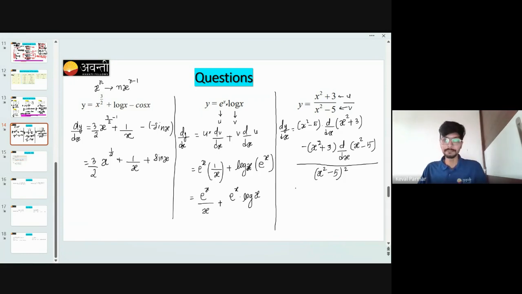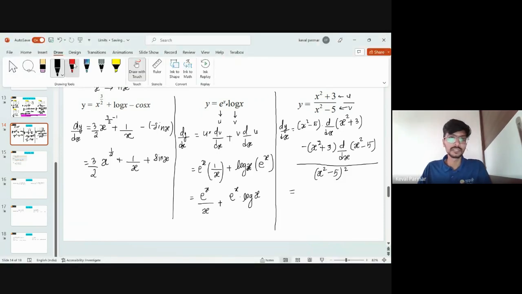So if we simplify this, now let me change the color so you can see here